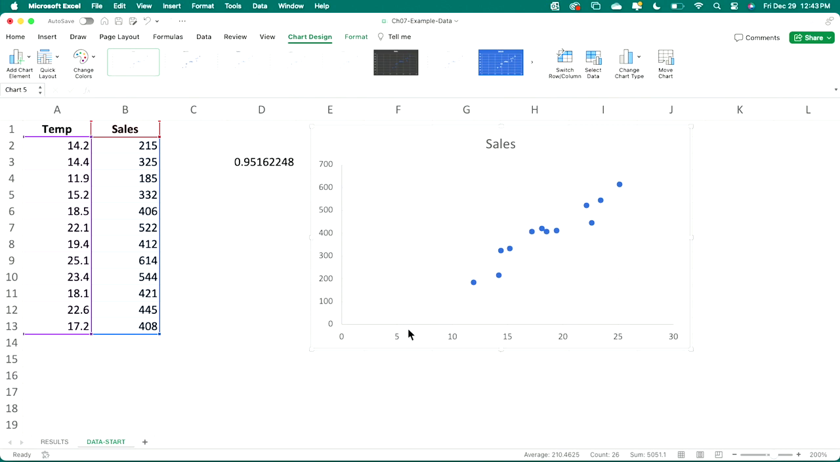So here I have my temperatures and then my sales. And you see it's lower on this end, higher on this end, and they're sort of in a linear fashion. And that's really telling me a lot about the correlation between these. Now,